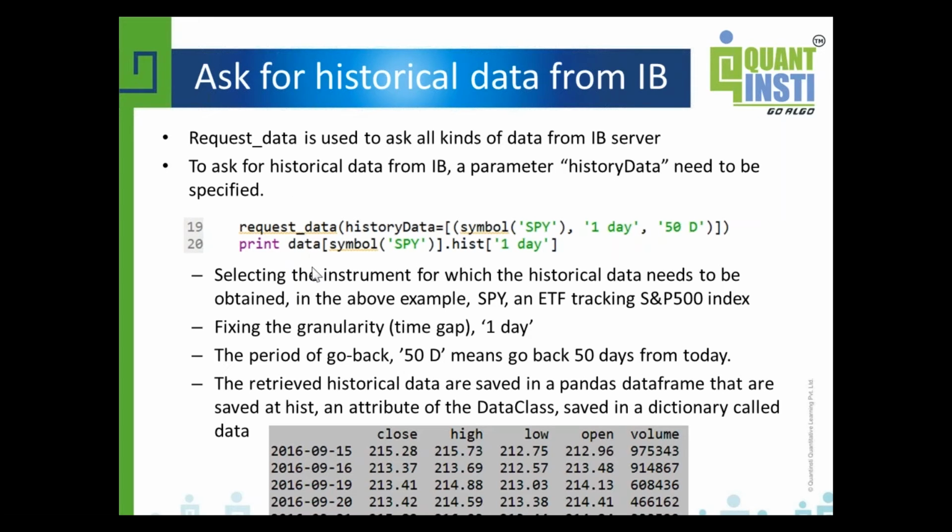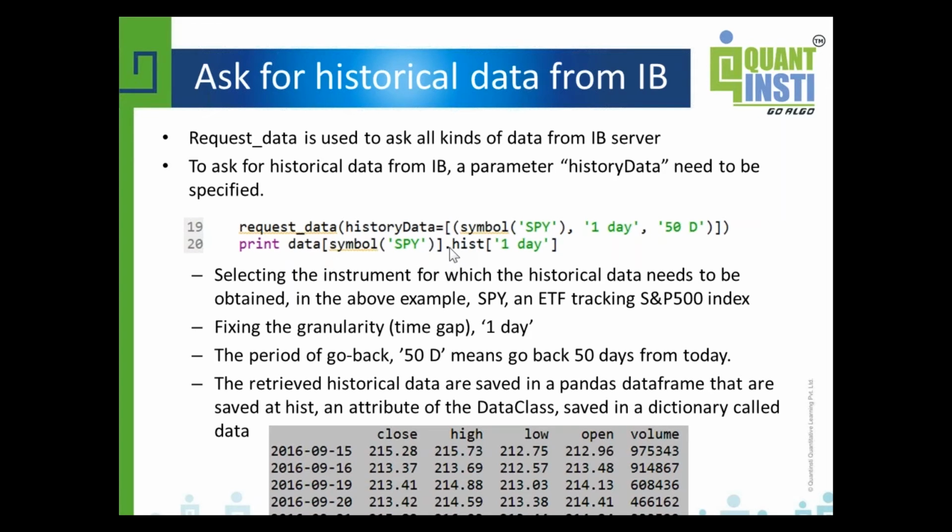The result that comes from IB will be saved in a class called the data class. It is in dictionary format, and it will be indexed by the name of your security.